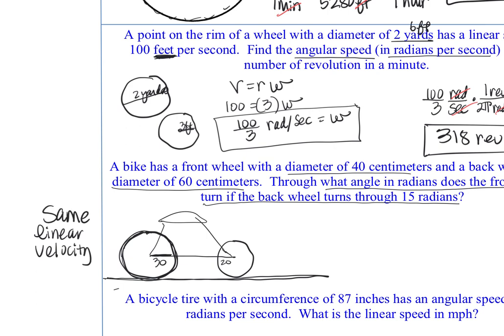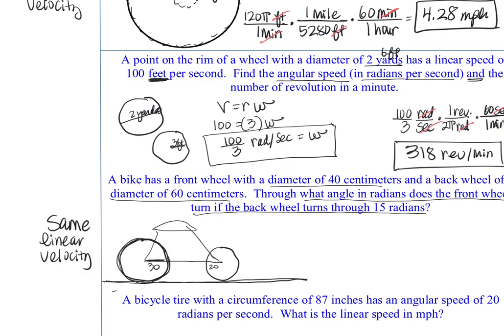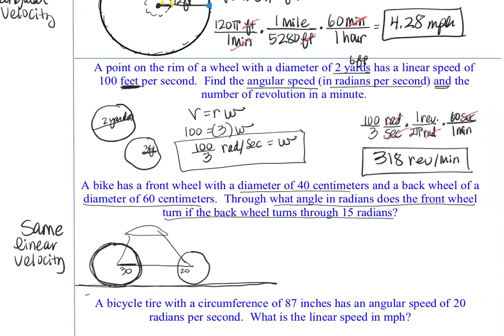Because they're on a road. Think about it. They have to be going the same speed. You can't have half your bike going faster than the other half of your bike. It's got to be going the same. So the different thing here is your angular velocity. So it's different than that other example that we saw. So if we have the same linear velocity,